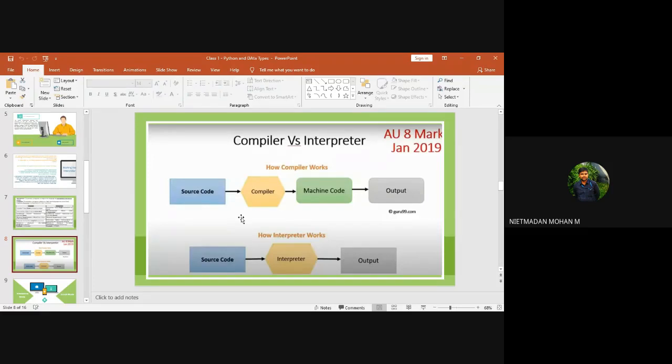The interpreter will not compile and convert it into machine code first, it will directly produce the output. By taking all the lines of code? In the interpreter, it takes line by line of code. In the compiler, it takes all the lines of code, converts them to machine code and produces the output. In the interpreter, it takes each individual line, converts it and produces the output.